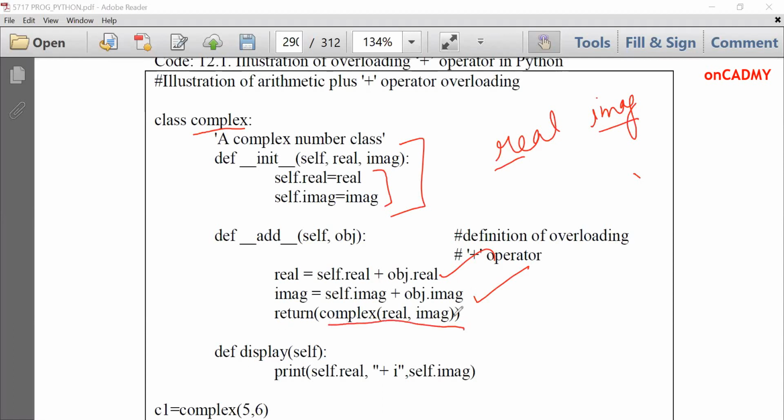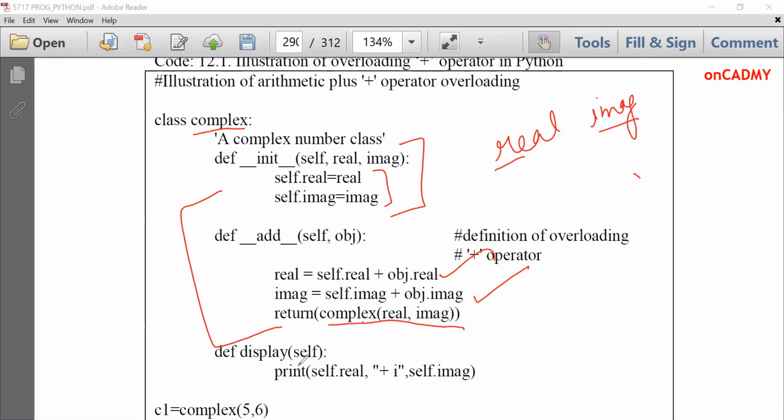Since the element which we are going to return is of type Complex, we are writing here Complex, and in the parentheses we are giving the values real comma imaginary. So this function you need to understand properly. Self's real part is added with real and imaginary part is added with imaginary. And then we are going to return it. Because the class name is Complex, its data type is Complex. That is why we have written here Complex real comma imaginary.